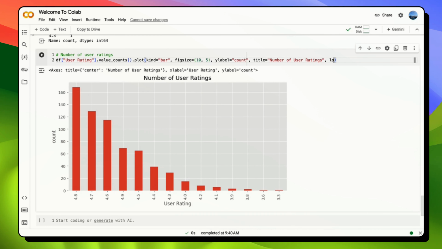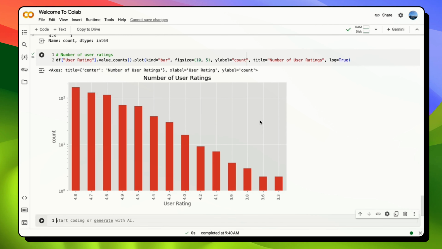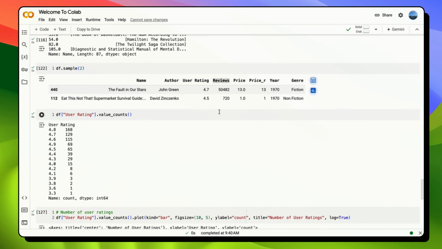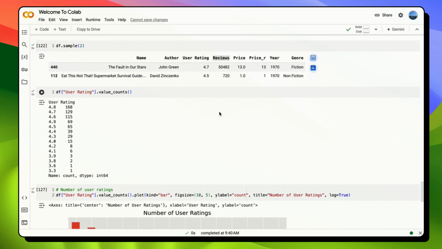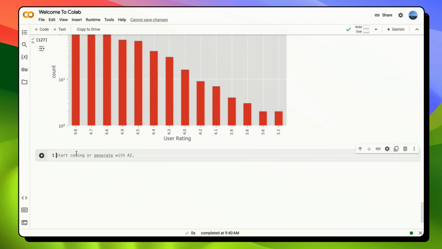Let's go ahead and log, make it true. This looks way better than what we saw last time. Now, let's go ahead and view all the books that has